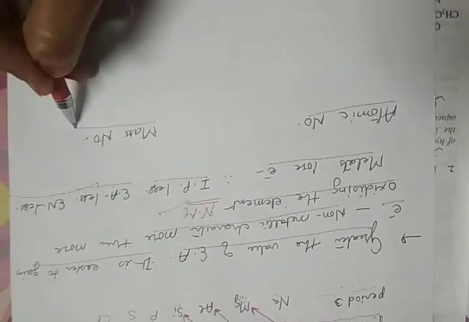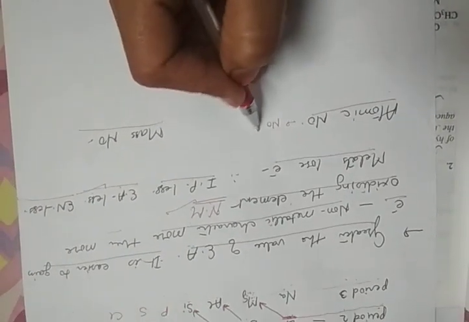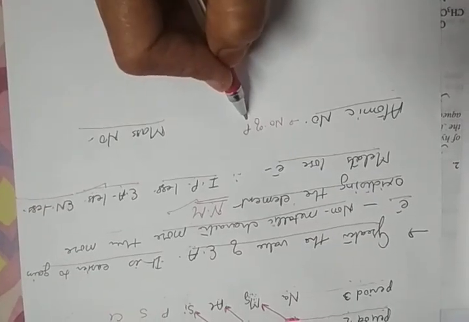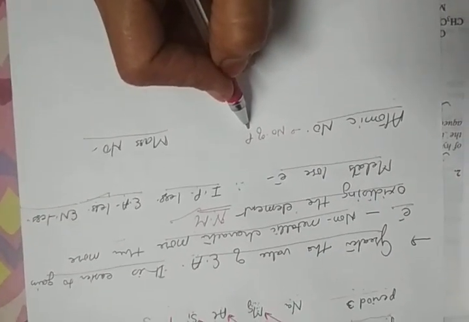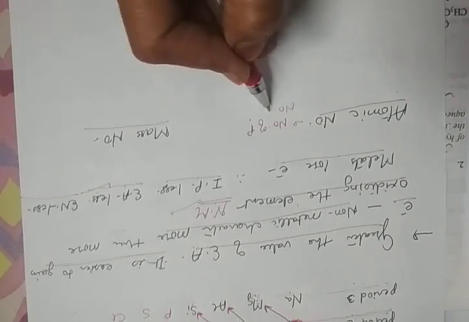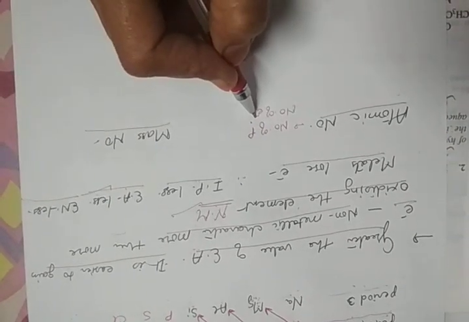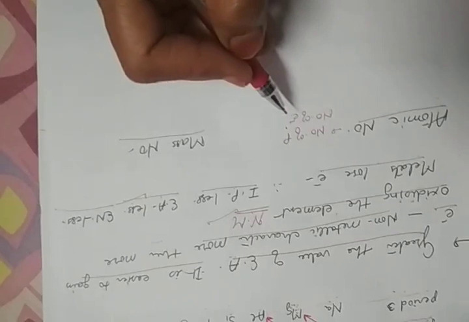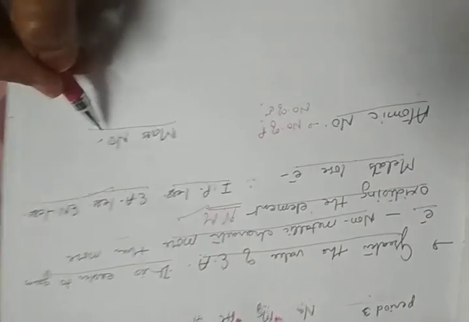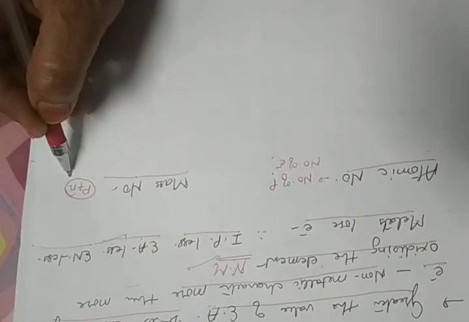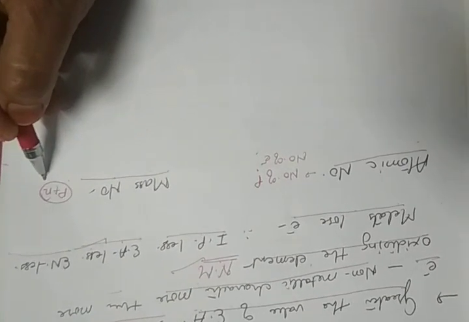Now come to the next point, atomic number and mass number, which is a well-known point to us. Atomic number is nothing but the number of protons present in the nucleus of an atom of an element. Also it is defined as the number of electrons present in the shells of the atom. Mass number can be defined as the total sum of the protons and neutrons in the nucleus of an atom.